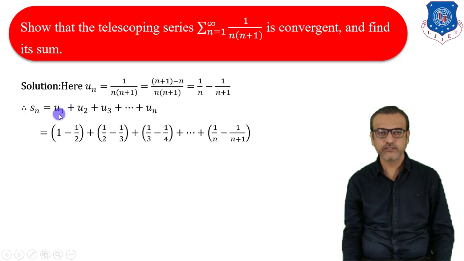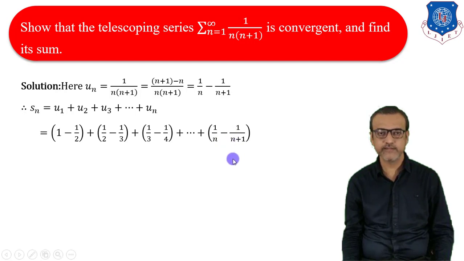Now we have to find out u1. So replacing n by 1, it will become 1 over 1, that is 1. Then after minus 1 over 1 plus 1, that is 2. So u1 is 1 minus 1 by 2. Now similarly, if you have to find out the value of u2, we have to replace n by 2 in un. So it will become 1 upon 2 minus 1 upon 3 plus for n equals to 3, we will be having u3, that is 1 upon 3 minus 1 upon 4 and so on, plus nth term is un, that is 1 upon n minus 1 upon n plus 1.